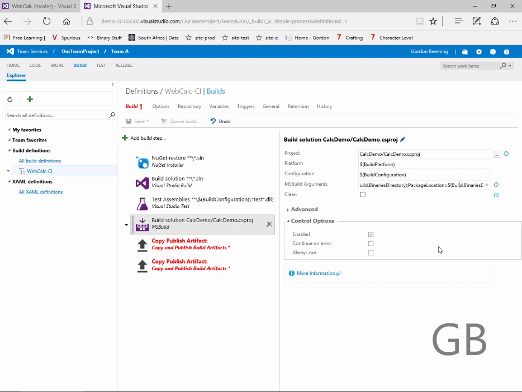binaries directory. The package location is also the binaries directory, whack app zip, and we're going to call the package task on CSproj. Then head over to our